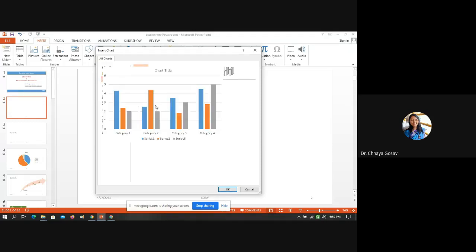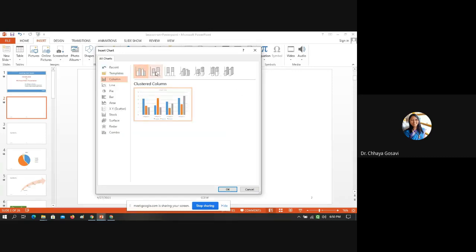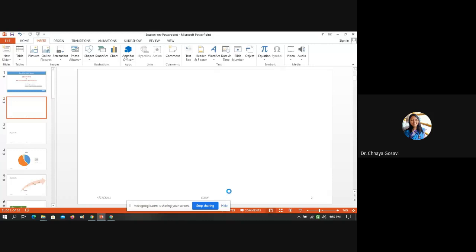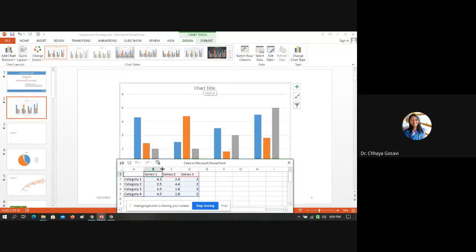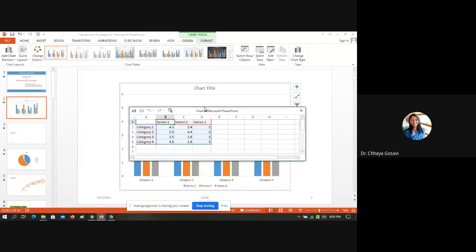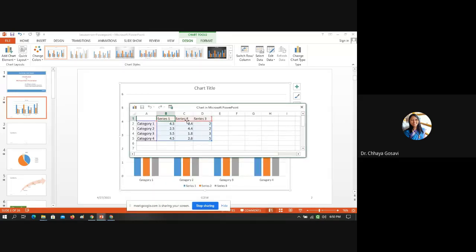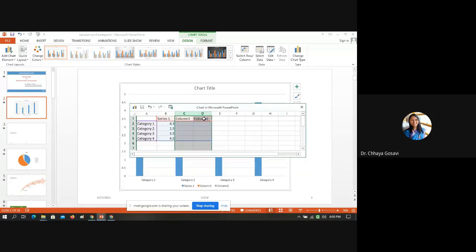Suppose I want to draw this bar graph. Once I insert that bar graph, it appears, and along with that there is an Excel sheet. I don't want 3 columns, I just want 1 column. So I'll delete these 2 columns.